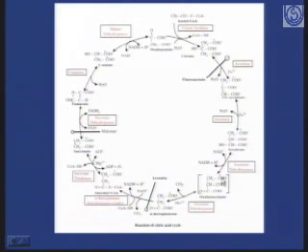We started with 1, 2, 3, 4, 5, 6 carbons here, and we have 1, 2, 3, 4 and 5 carbons here. Why? Because we've lost 1 carbon as carbon dioxide. Can you all see that? This compound alpha-ketoglutarate undergoes oxidative decarboxylation to form